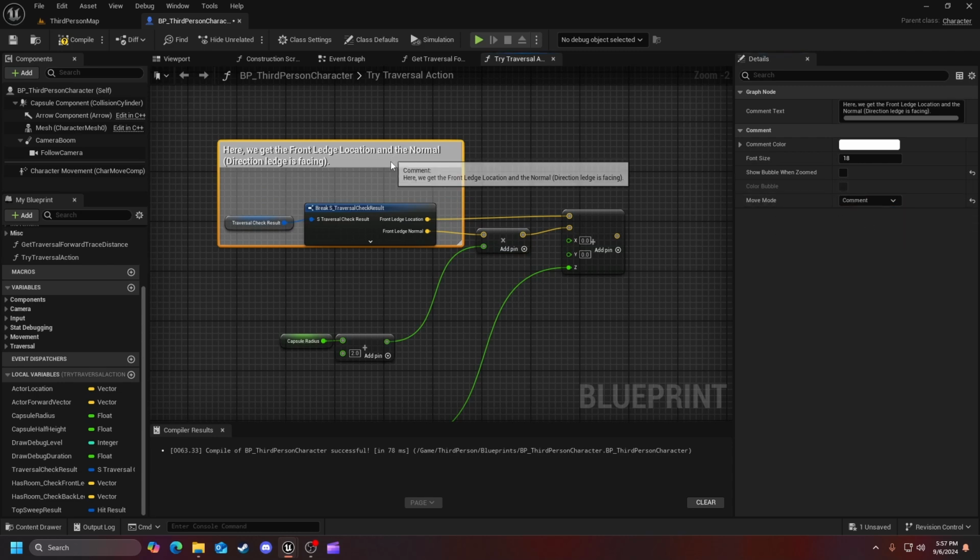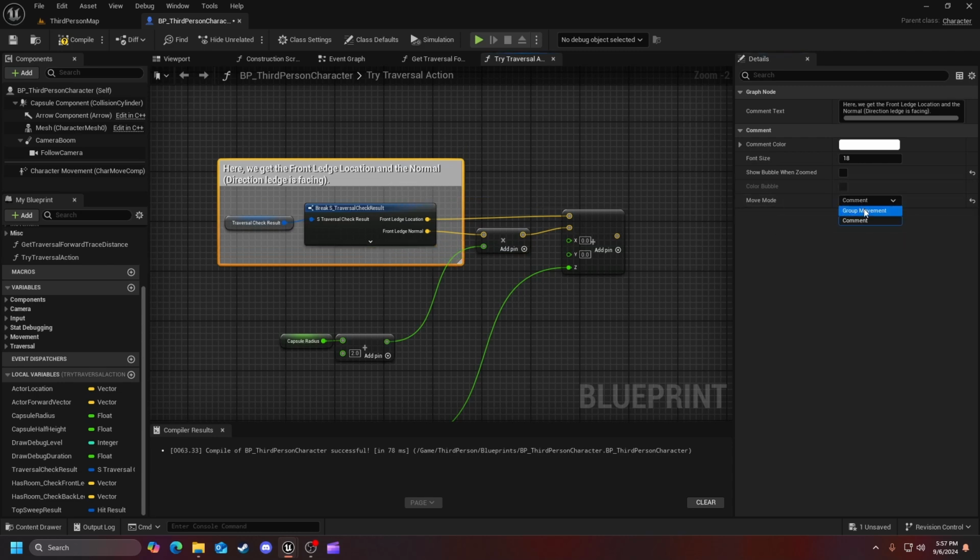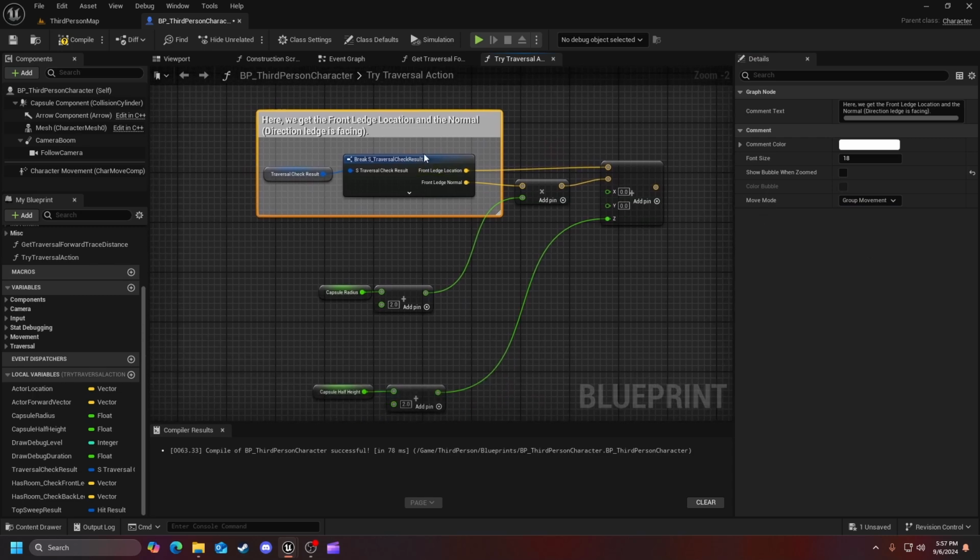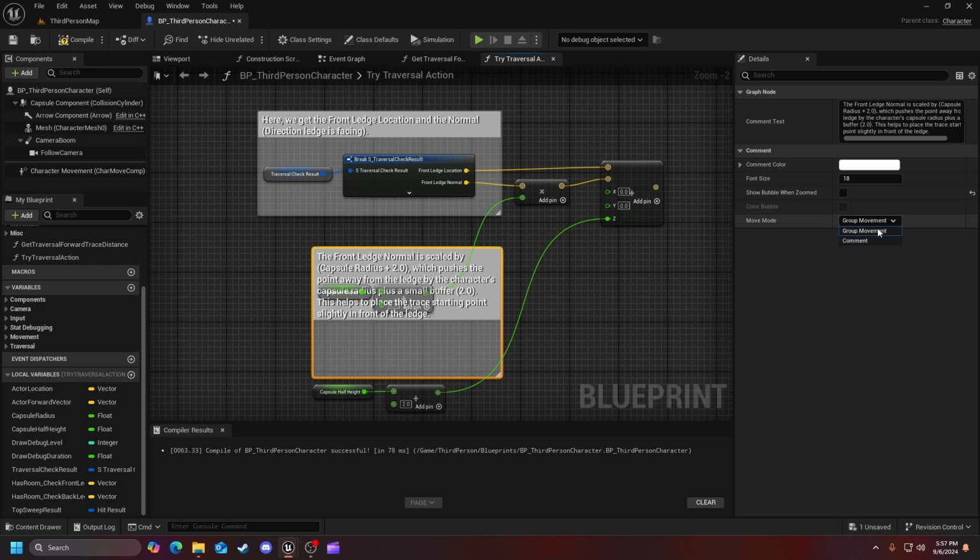Let's see, comment, okay. So right here with the first part, we're trying to get the front ledge location and the direction that the ledge is facing using the normal. And then in the second one,